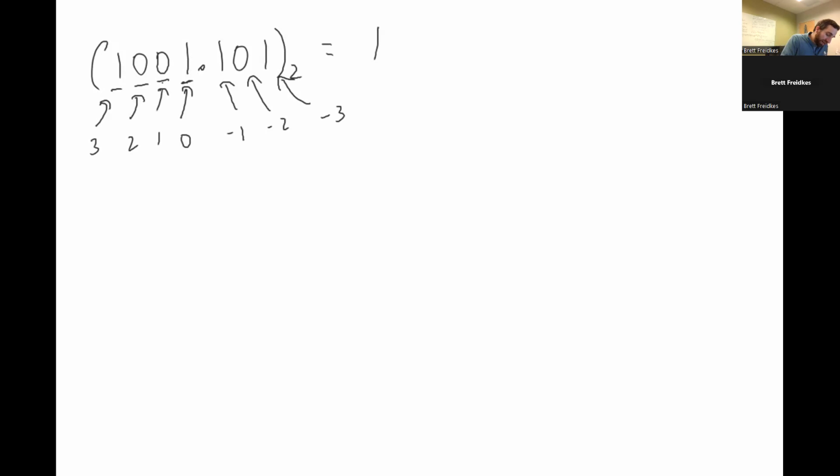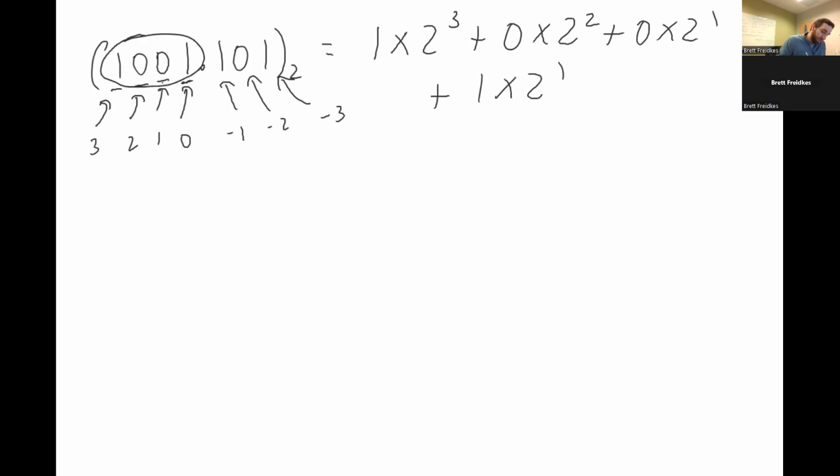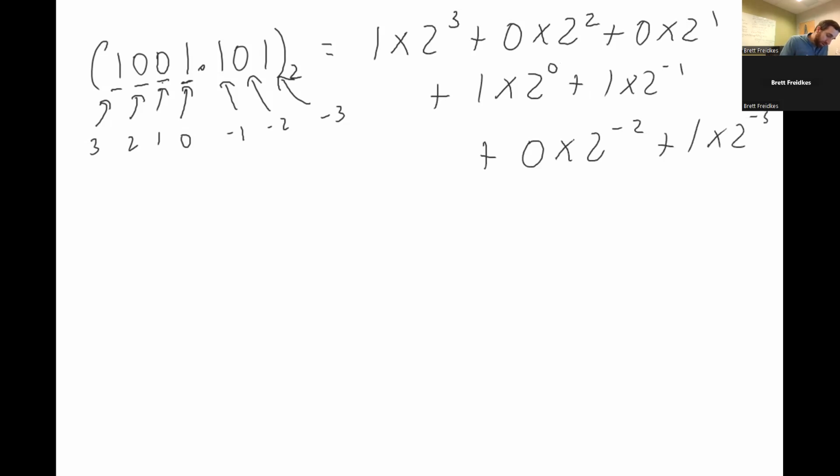So if we were to write this out, it'd be 1 times 2 cubed plus 0 times 2 squared plus 0 times 2 to the first plus 1 times 2 to the 1. That's this part, the whole number part that I just did. Plus 1 times, sorry, that should be 1 times 2 to the 0. Plus 1 times 2 to the -1 plus 0 times 2 to the -2 plus 1 times 2 to the -3. We do this out, that first term is 8 plus 0 plus 0 plus 1 plus 1/2 plus 0 plus